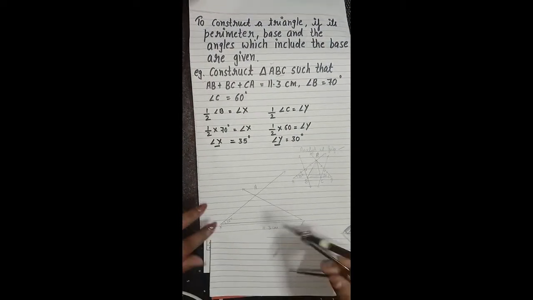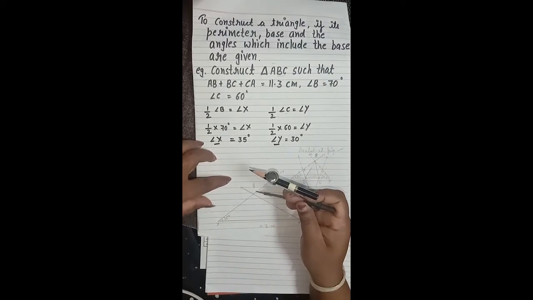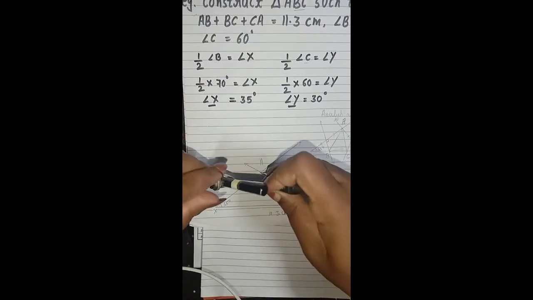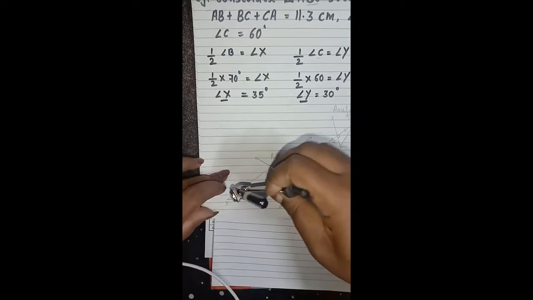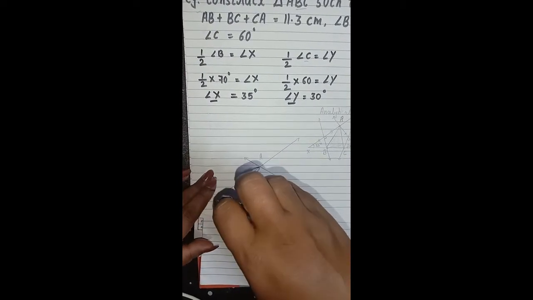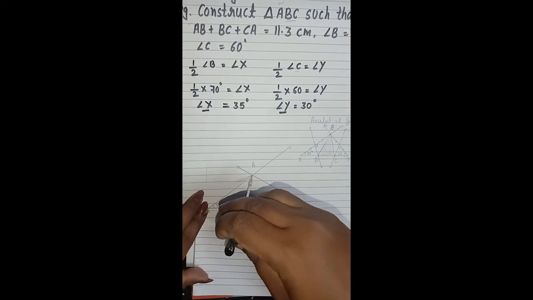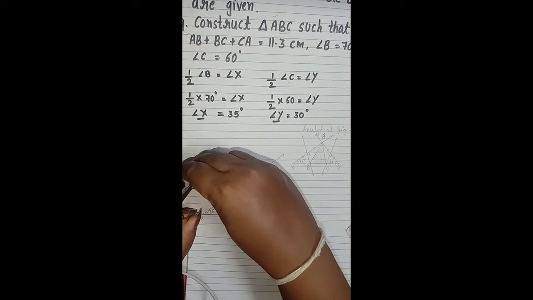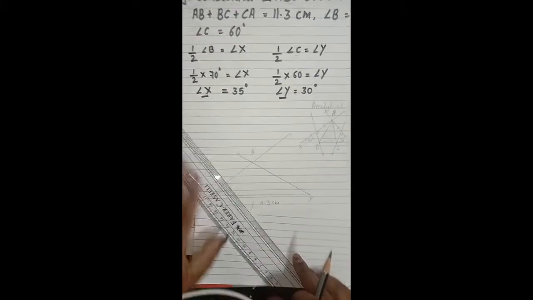We will first draw the perpendicular bisector of AX. How to construct it, I have already explained in one of my videos; please refer to that. Take more than half of AX, and we'll draw an arc here and an arc down. Now we do the same thing from point X, intersect the arcs, and then join.